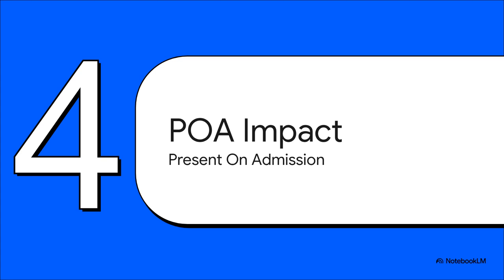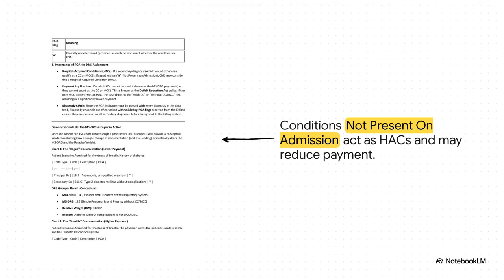Now for Section 4, the present on admission, or POA, impact. Because guys, it's not just about what conditions a patient actually has, it is heavily dependent on when they got them. Let's say your patient develops an acute deep vein thrombosis, or DVT, after they're admitted. Normally, a DVT is an MCC,